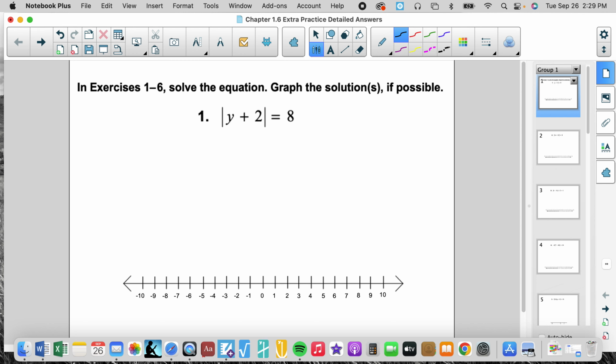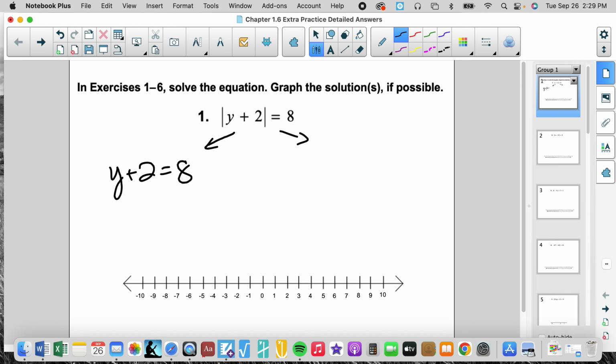So if we just had a variable here, what number has a distance of 8? Well, -8 has a distance of 8, and 8 has a distance of 8. -8 is 8 away from 0, but it's to the left side, and +8 has a distance of 8, but it's to the right of 0. So we keep that concept in mind, and we are going to set